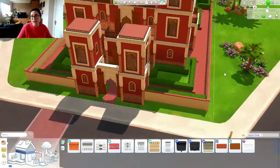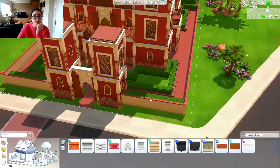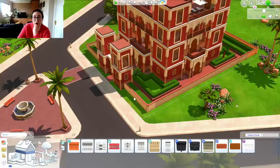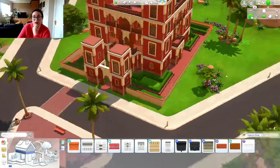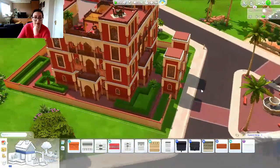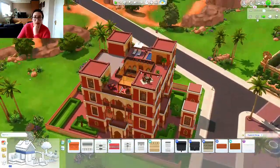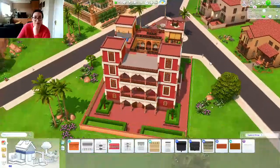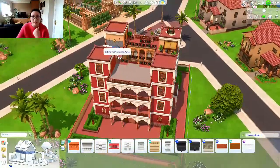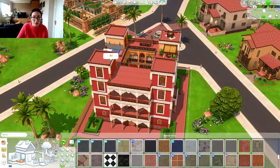I don't think I'm going to keep this fencing around the side. I might even put a half wall so that it's fully tiled. Not quite sure yet. I don't know what step to take next. This isn't the tile that I want to use, but